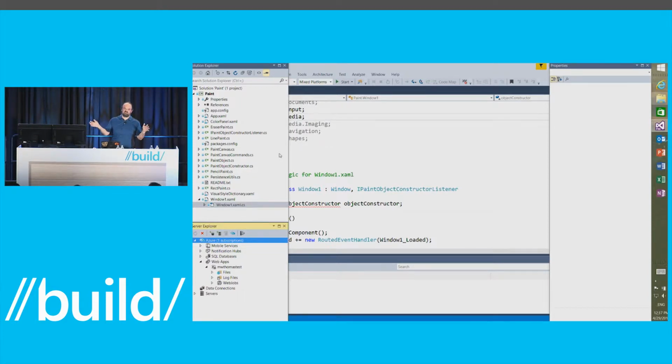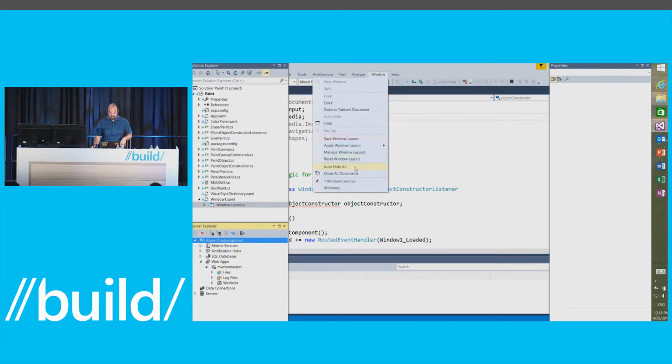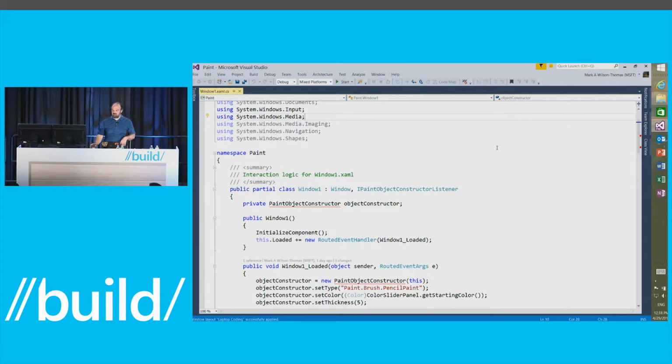If I have different ways of working in, perhaps when I'm working in a designer, I use a certain set of tool windows, and when I'm working in another mode, I've got my debugging view or my SQL type view, or you name it. If you've got different tool windows that you like to have up, and you want to switch quickly and easily between those, super easy to do that now. So I'm actually going to go ahead and switch back